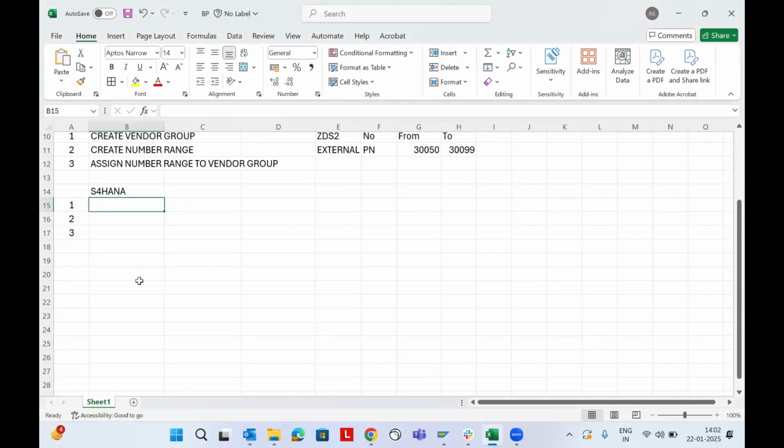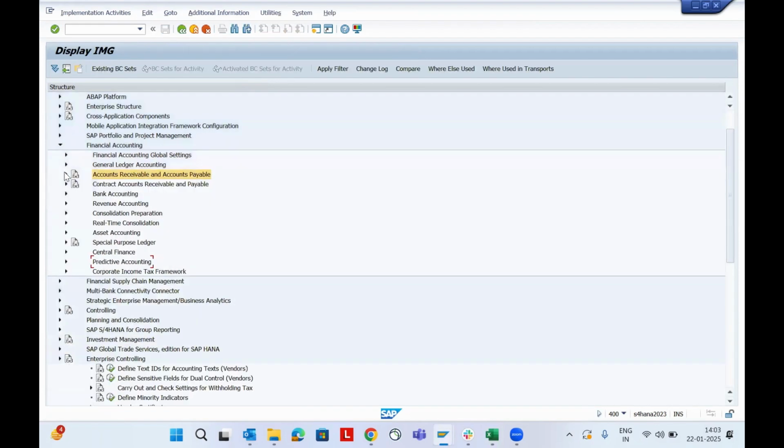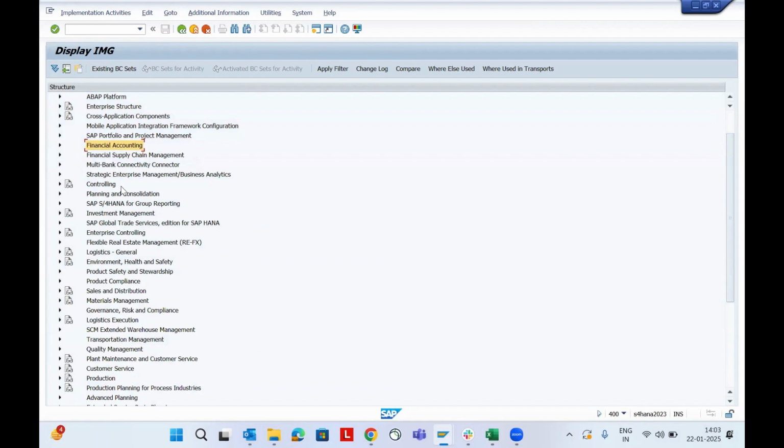Now to create the vendor master, to create the BP master config steps, let's go back. There is another way to do the config for BP, which has more complicated steps. Basically, I mean to say the navigation is complicated. So what I'm going to show is a very simple config and a very easy navigation to remember. So just go to REFX module